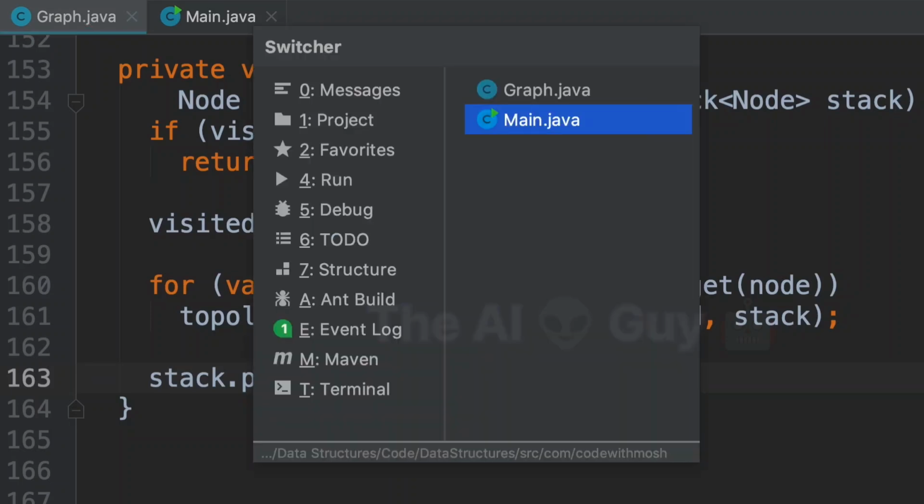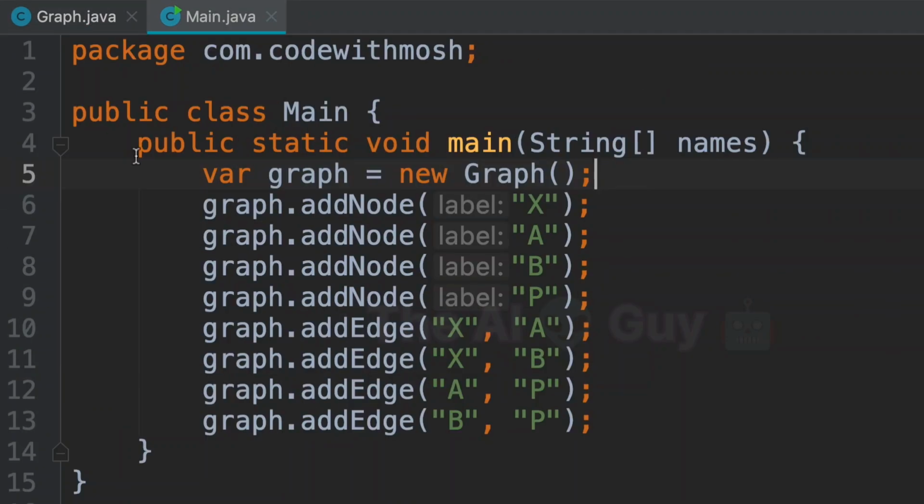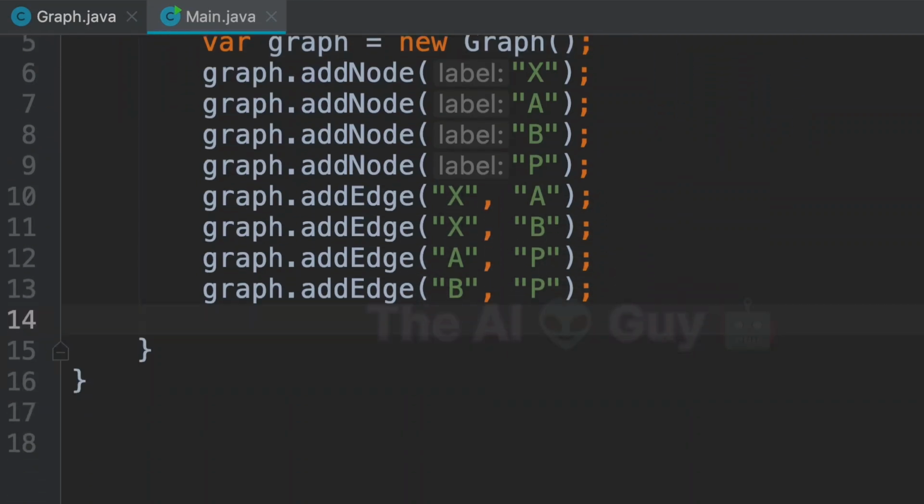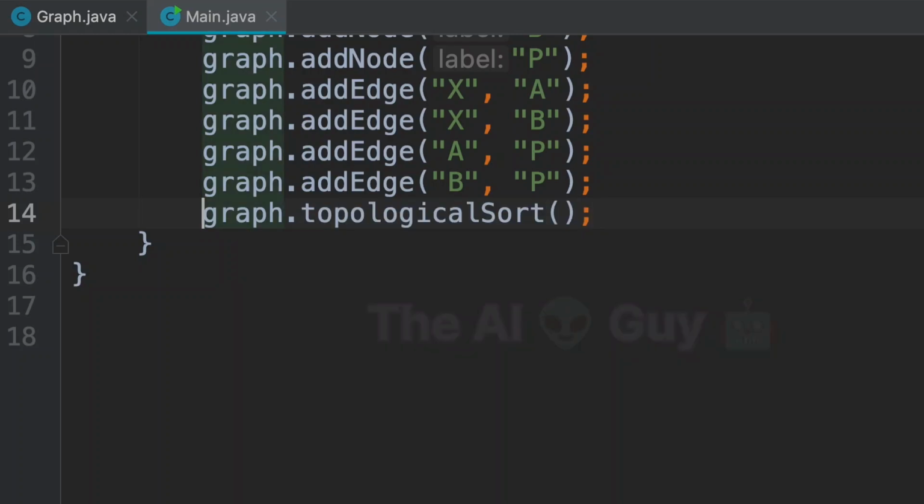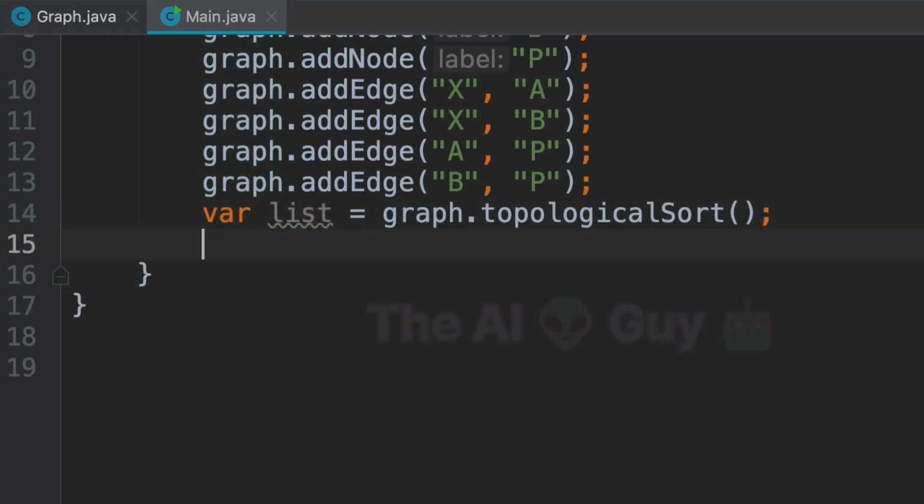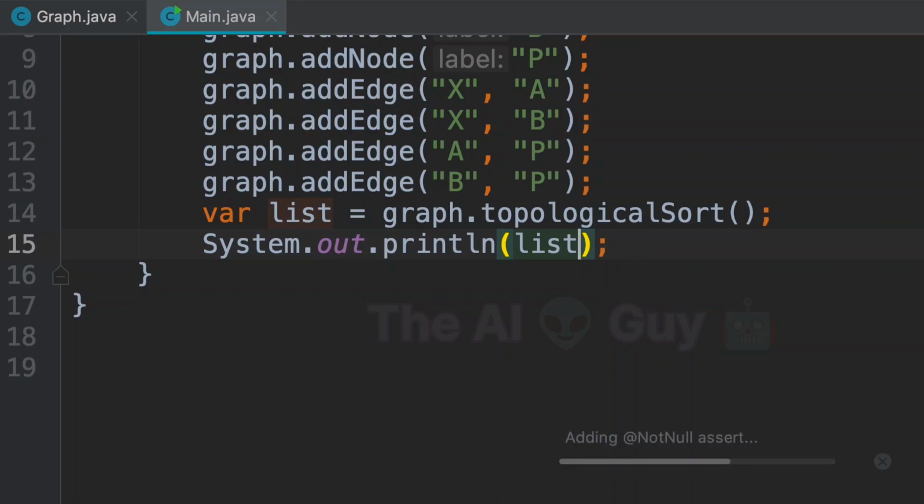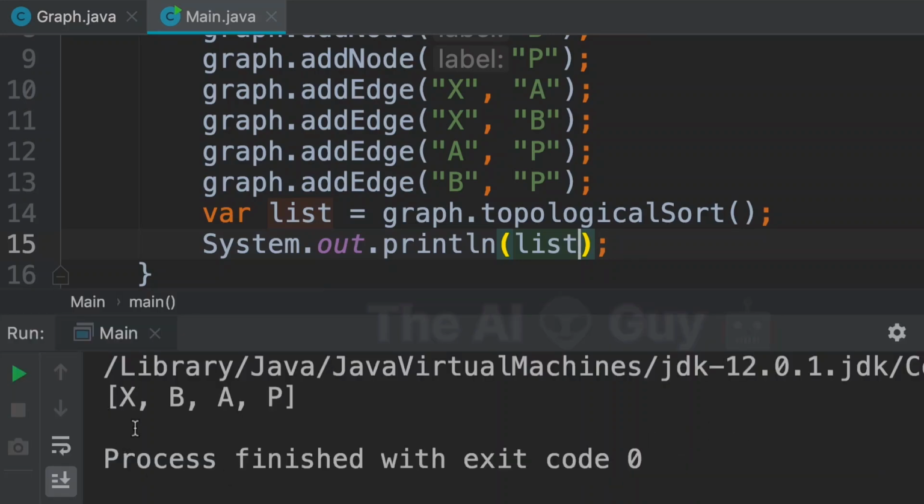Now, let's test this. So in the main class, I've created the graph that we had in the last video. Now, let's call graph.topologicalSort. This will return a list. Now, let's print this list on the terminal. So we get XBA